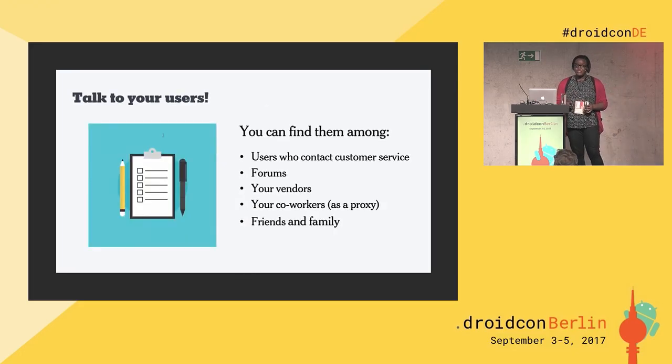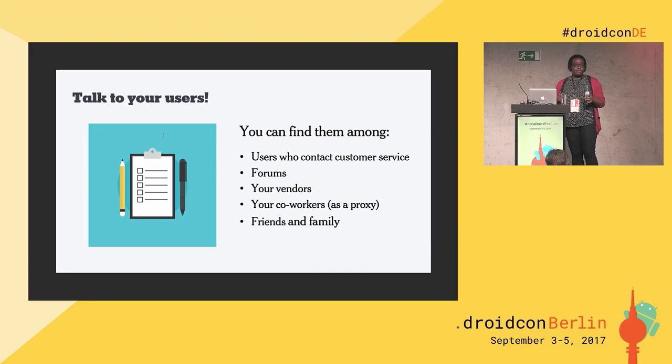Next, talk to your users. Make sure that you're talking to these people on a regular basis. It doesn't mean you have to set up big, detailed ethnographic studies where you follow a person for a significant period of time. It doesn't mean necessarily bringing them in for half an hour or an hour to talk to them. There are lots of micro ways that you can do continual user research to keep that qualitative feedback coming in and to keep retesting the assumptions that you have about who is in your audience. And so even if you don't have defined ways to do it, your users are everywhere, and there are lots of ways that you can find them.